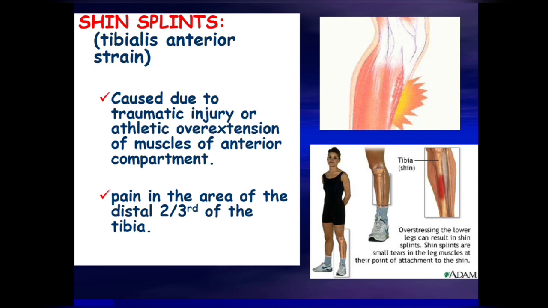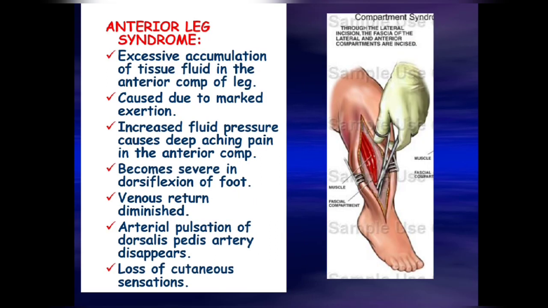Shin splints: tibialis anterior strain caused due to traumatic injury or athletic overextension of muscles of anterior compartment. Pain in the area of distal two-thirds of tibia. Anterior leg syndrome: excessive accumulation of tissue fluid in the anterior compartment of leg caused due to marked exertion. Increased fluid pressure causes deep aching pain in the anterior compartment, which becomes severe in dorsiflexion of foot. Arterial pulsation of dorsalis pedis artery disappears and loss of